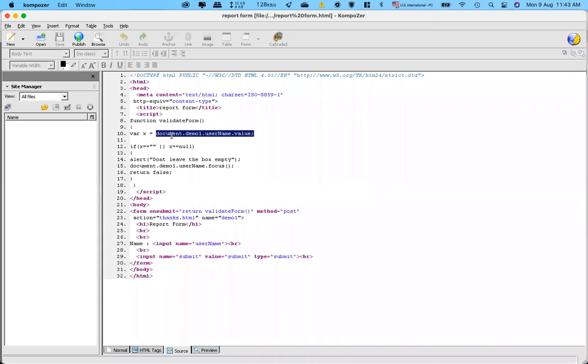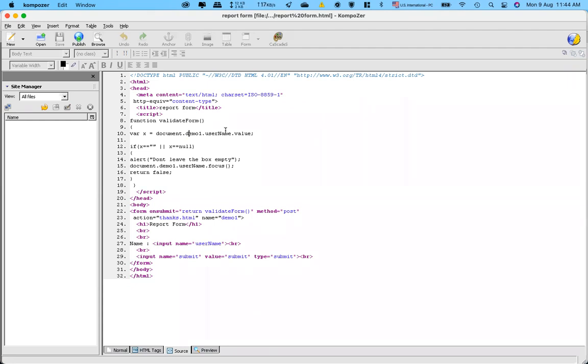Now, instead of giving some static value like 5, 4, 10, or anything like that, I'm trying to assign some document object value here, or some dynamic value here. And how is that being done? With the help of this statement. So we will break this statement into different parts, and we will see how these particular terms here work.